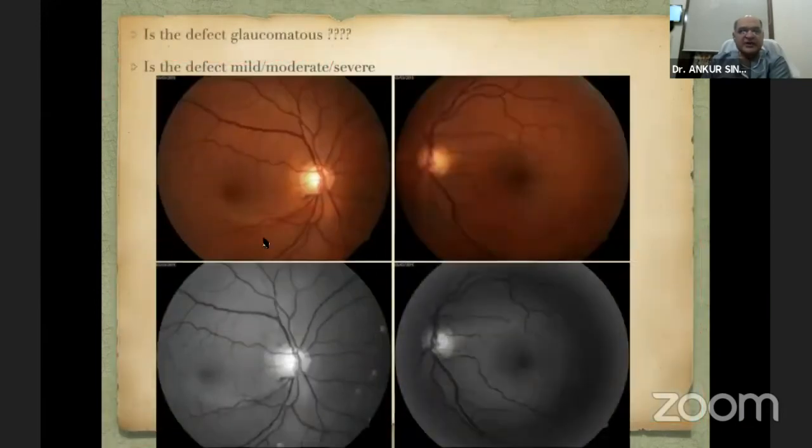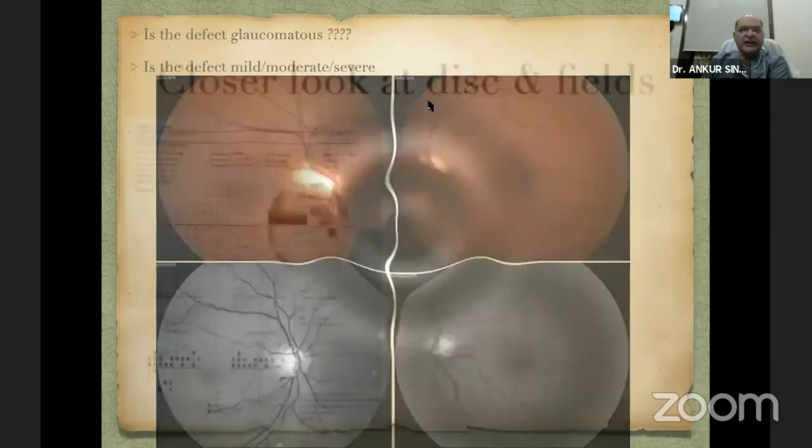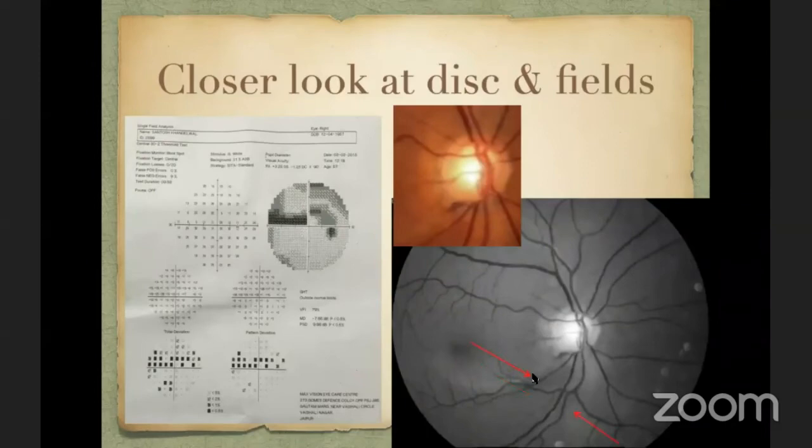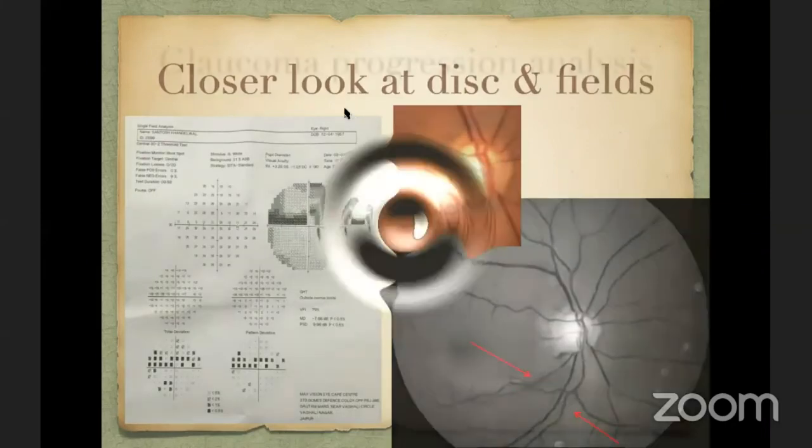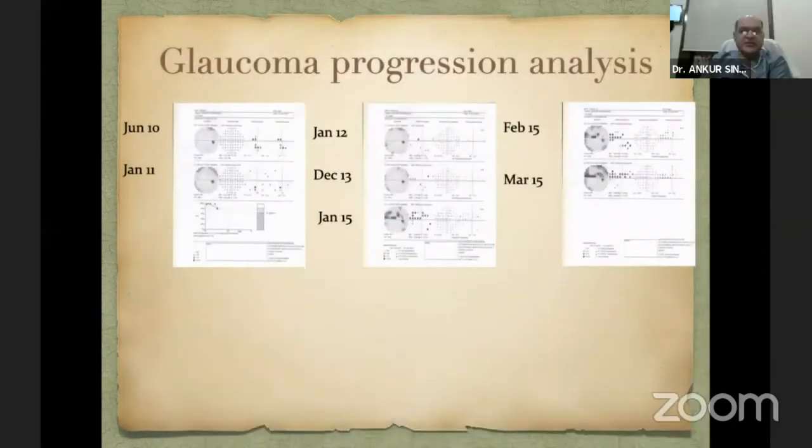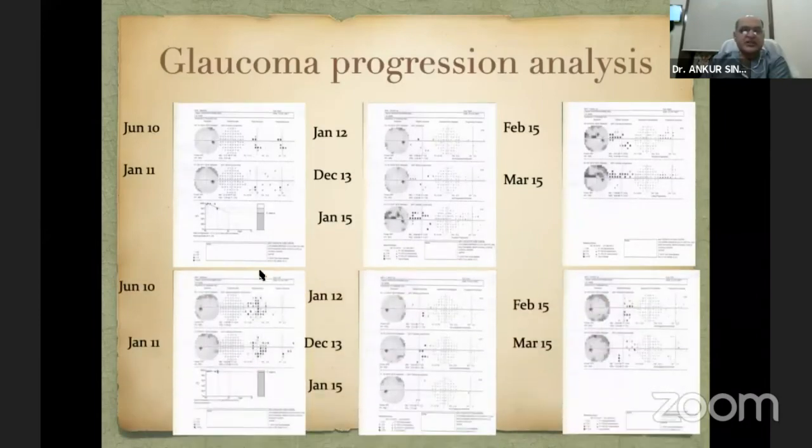So probably she goes into moderate to severe visual field defects based upon the Hodapp-Parrish classification. And this is the disc of the patient. We can clearly see there is an inferior disc hemorrhage here and a broad nerve fiber layer defect, which is causing this kind of visual field defect we happen to see in this patient. This is the nerve fiber layer defect which is seen in these patients. And this is the GPA, which is showing you a rapid progression of disease from 2010 to 2015, and she was advised surgery in this case.